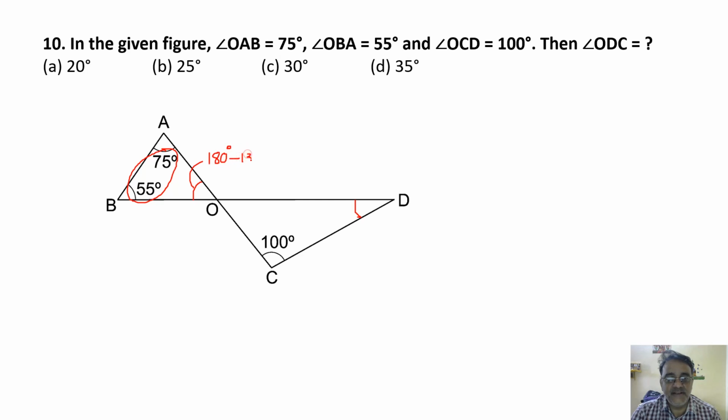So how much are you getting? 50 degree, right? So that means this angle is also 50 degree. ये वाला एंगल, ठीक है. So now the sum of these three angles is 180 degree. So what will be the value of this angle? 30 degree. क्योंकि ये दोनों को ऐड करना है 150 और 180 से माइनस करना है. So you will get 30 degree. So the correct option is C.